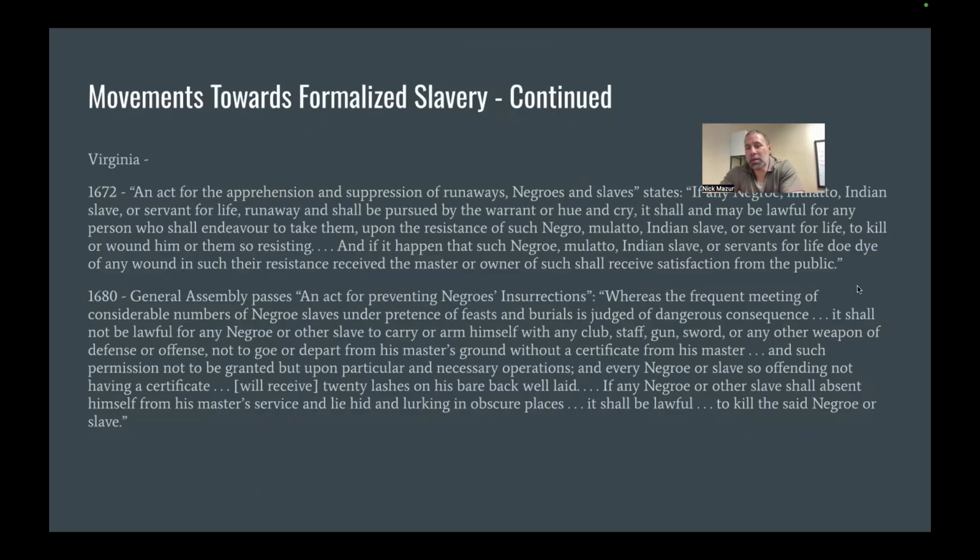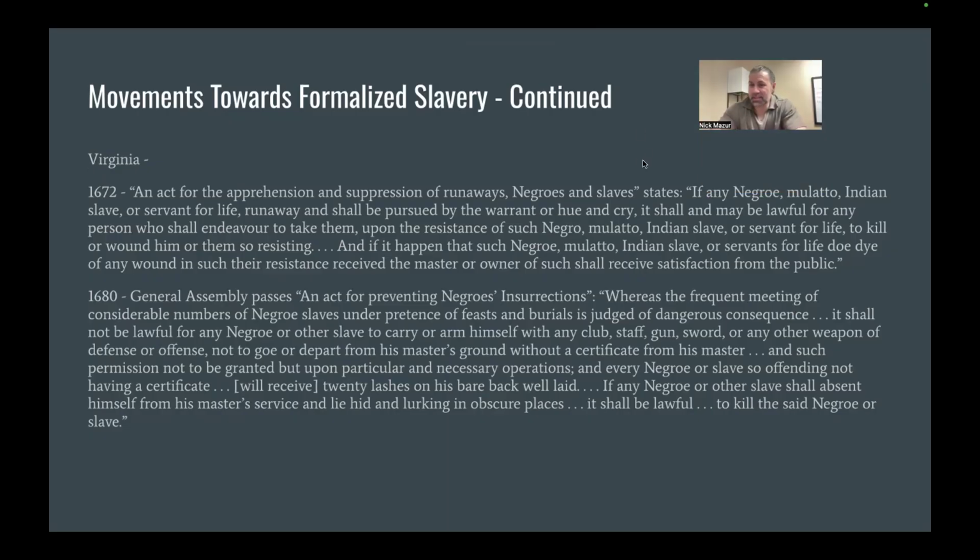And so when you look at these laws, take a look, it's really quite interesting how these laws develop in the 17th century to formalize what slaves could and could not do. But where are they borrowing that from? From the Spanish, from the 16th and 17th century, right? And so you are already seeing that they are coming up with their own systems. And also remember during this period, this is also the period of salutary neglect. So they can come up with their own systems. They don't have to ask England for guidance on this. They can decide for themselves what they want to do.